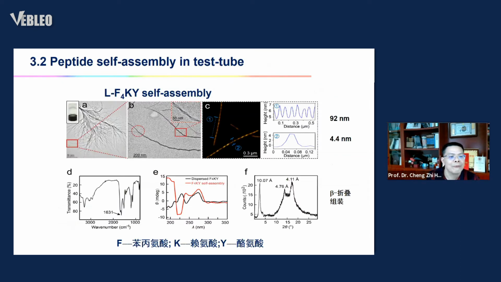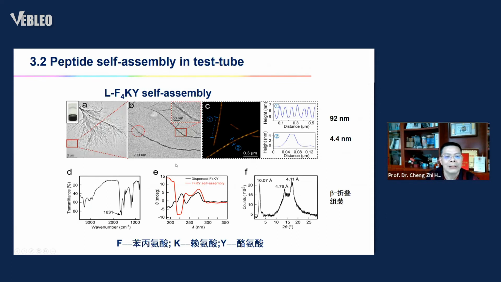Our method started from the finding of the mechanical disruption motif. Our eyes concentrated on the self-assembly of short peptides. By testing lots of peptides, we found that the hexapeptide L-type F4KY is a good candidate, which can self-assemble into